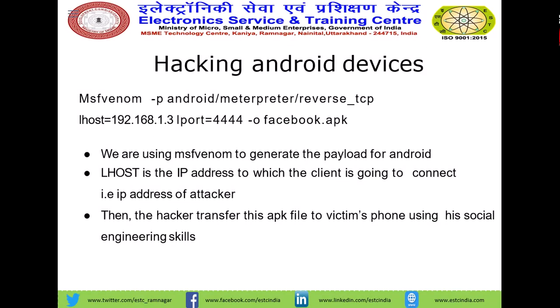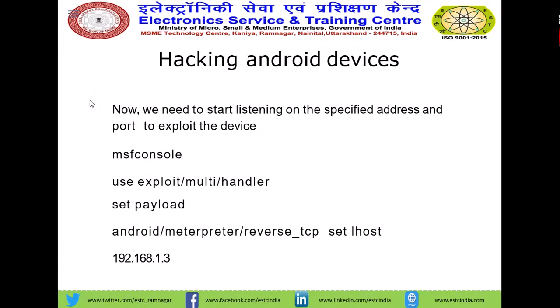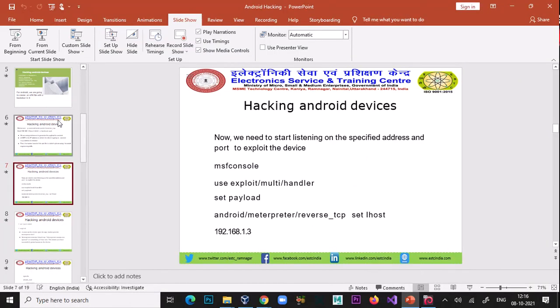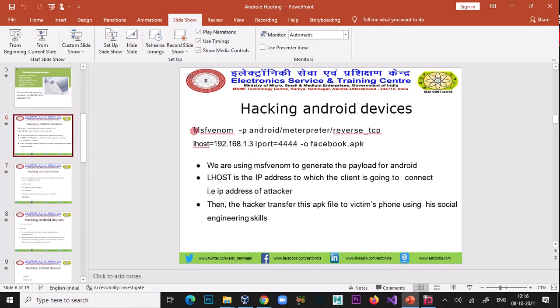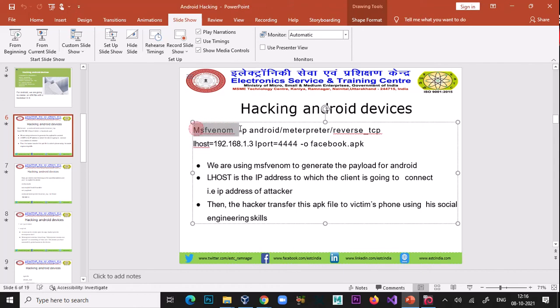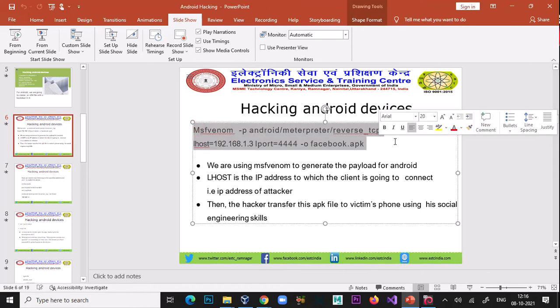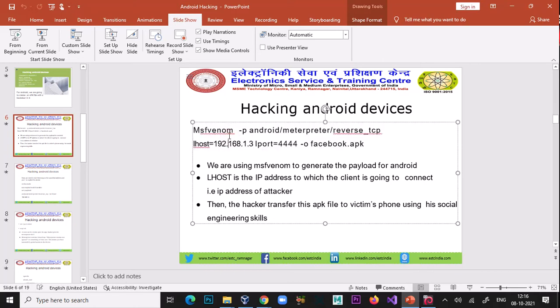Hacking an Android device: these are the commands we use. MSF Venom, sorry, this is the command we use, MSF Venom. It is a small framework of Metasploit services. We use it to perform this kind of Android hack attack.